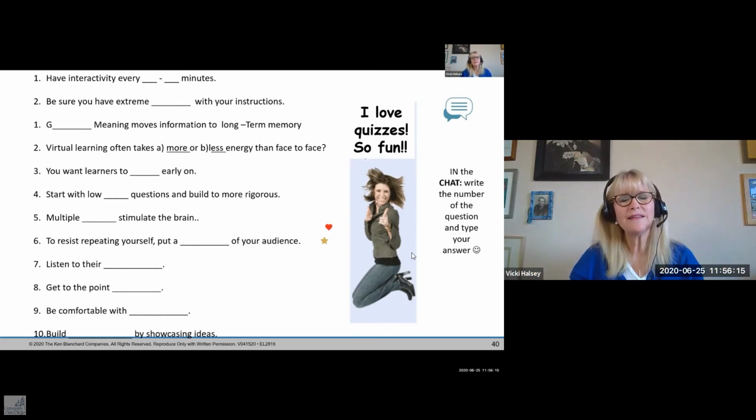Multiple what stimulate the brain? Multiple what stimulate the brain? Keeps them going. That's a little trickier. Yes, multiple senses, questions, interactions, multiple learning modalities. So smart. Okay, now, one of the things I do notice when I'm training trainers that are new to this